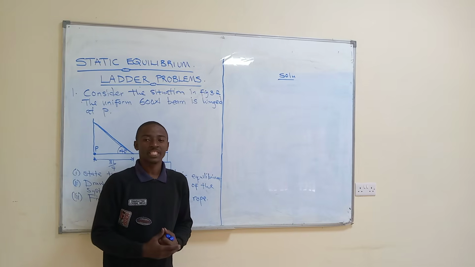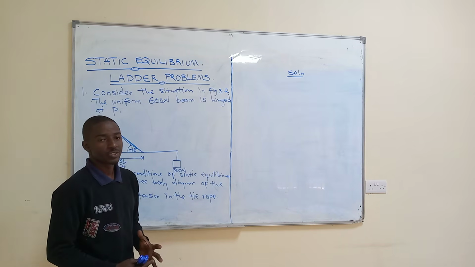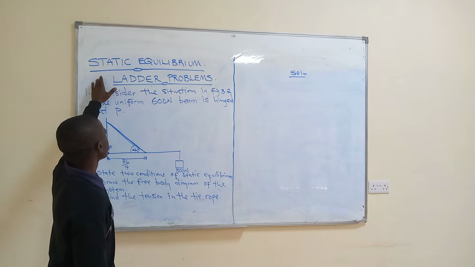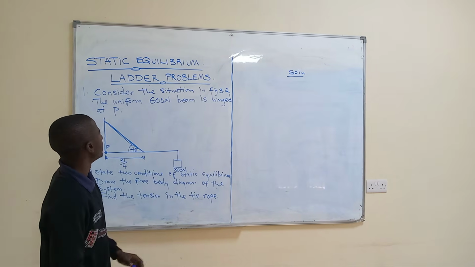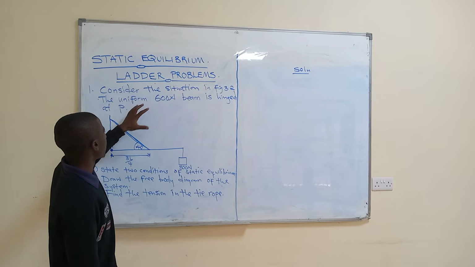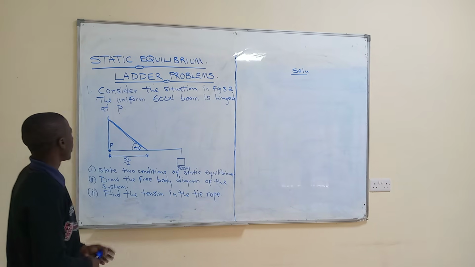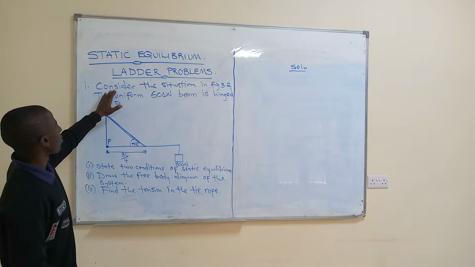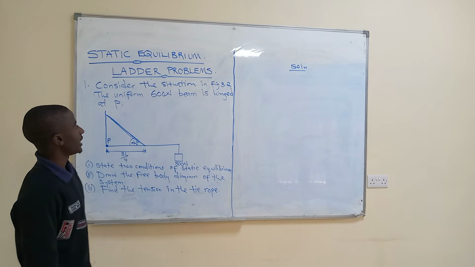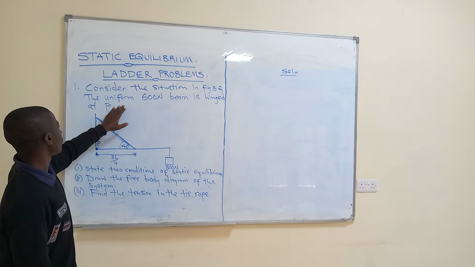Everyone, my name is Monica Enoch, and we are going to revise together static equilibrium, specifically solving questions that come under ladder. So the question reads, consider the situation in figure 3.2, the uniform